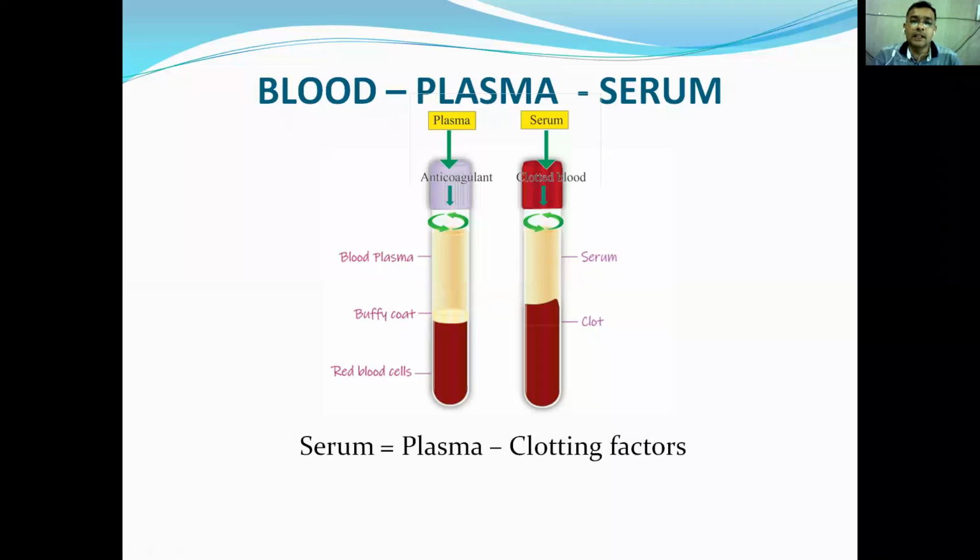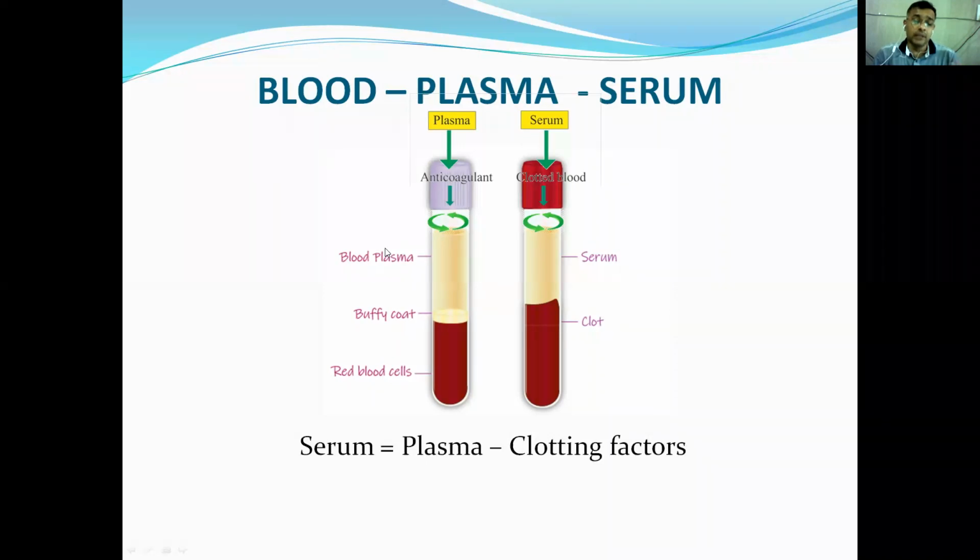If our target is to collect the plasma, then the blood must be collected in a suitable anticoagulant vial, and once you collect, you have to go for centrifugation, and then you will get like this: the lowest part that contains the red blood cells, the middle portion interface, generally known as the buffy coat, which is rich in WBC cells, and the upper aqueous or supernatant, that is generally considered as plasma.